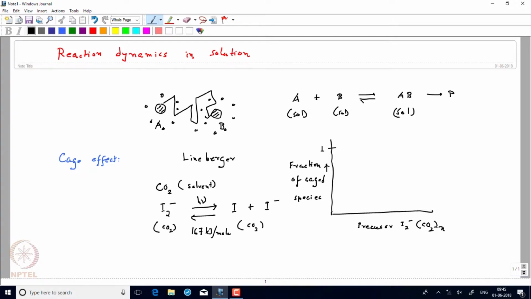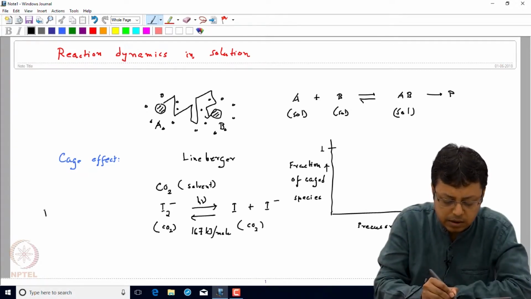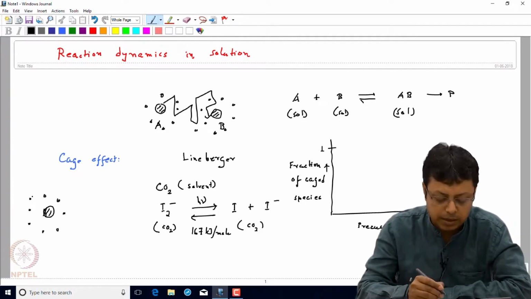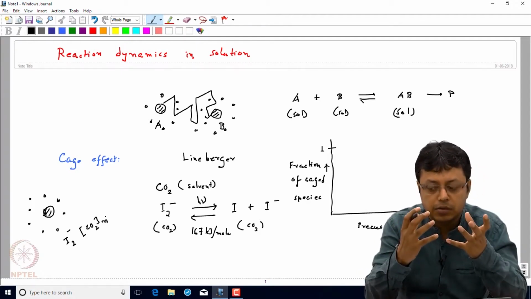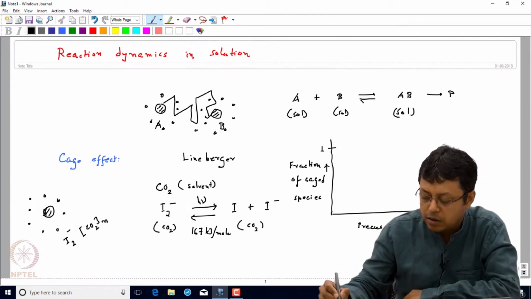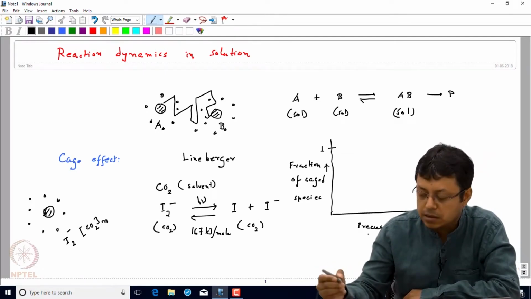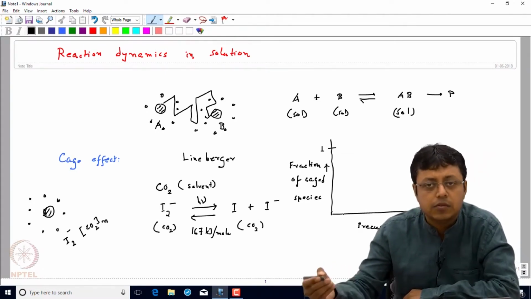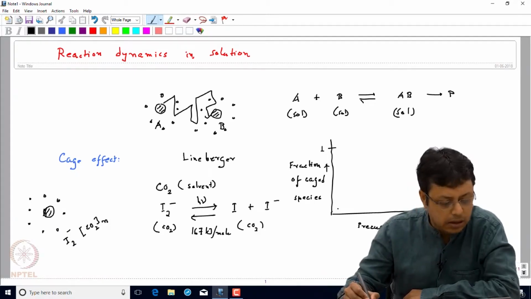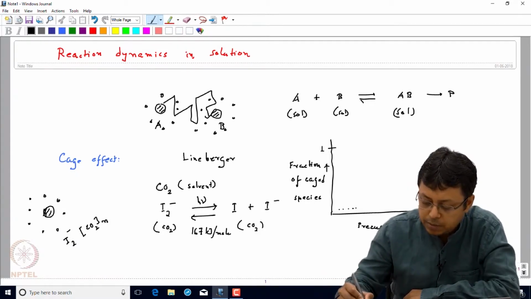CO2N, because you can actually think that there is a cluster, suppose this is the I2 minus and this is the carbon dioxide which are surrounding the I2 minus initially. So I am calling it a complex which is I2 minus and CO2N. So there are n number of CO2 molecules around it. So when I plot it along this n, the precursor complex, where I am varying the n, n will take of course integer numbers, and they found the experimental data showed something like up to n equal